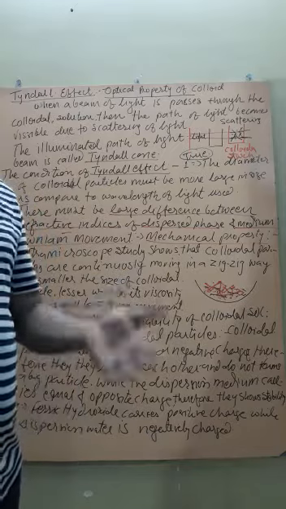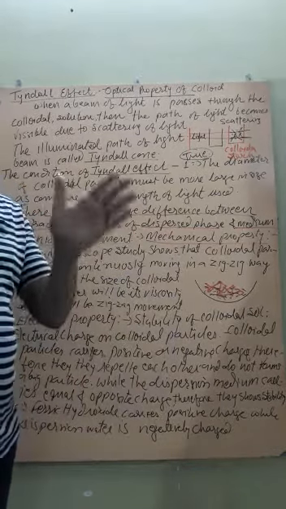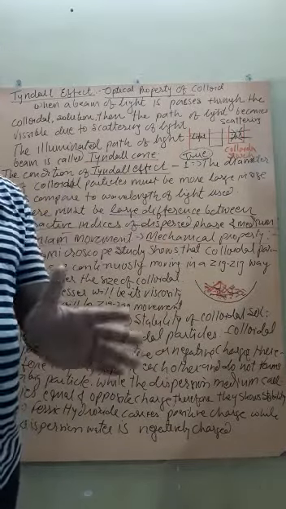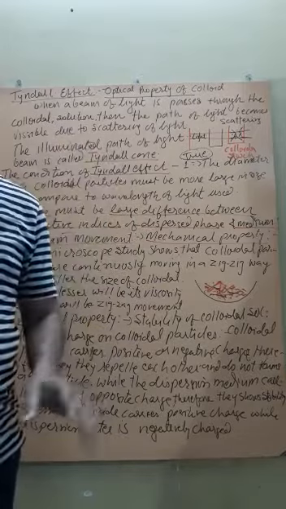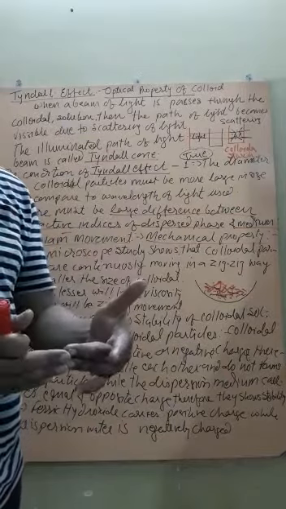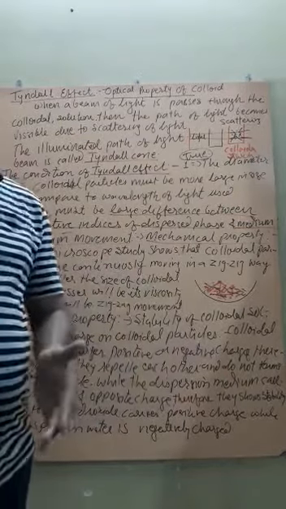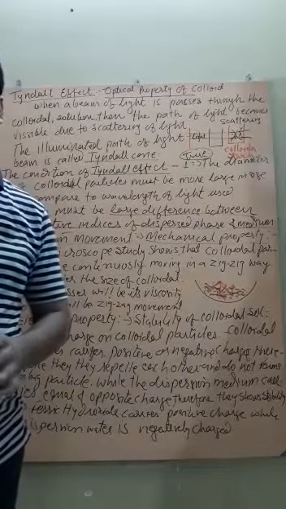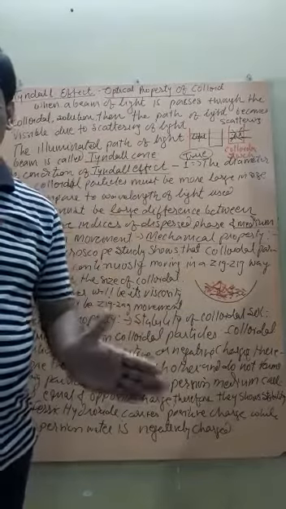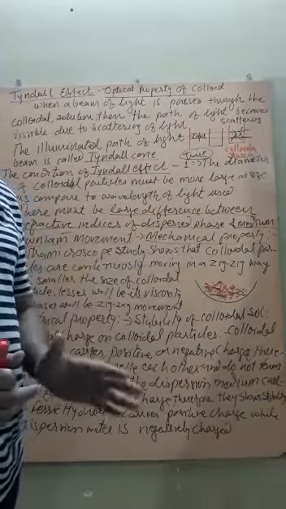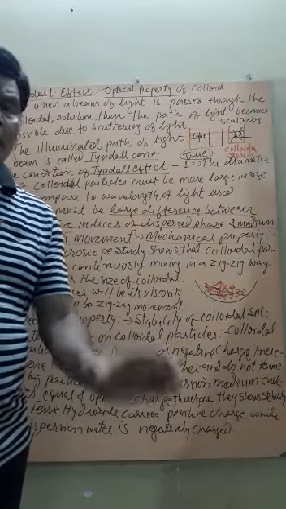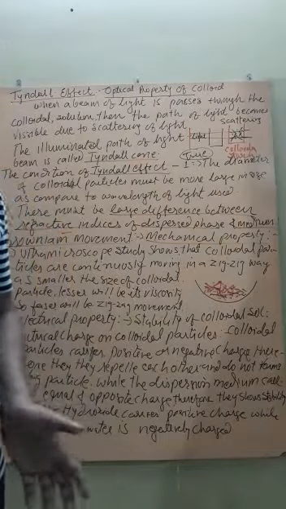Get it? Now, all the particles have a charge, and in a particular colloid, all particles have the same charge, either positive or negative. Being of the same charge, they repel each other, and due to repulsion they do not settle down and continuously move here and there. Again, they do not interact with each other, and therefore no aggregation of colloidal particles takes place, as they do not combine to form a very big molecule.